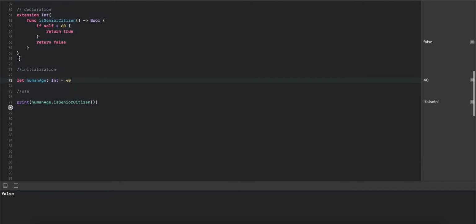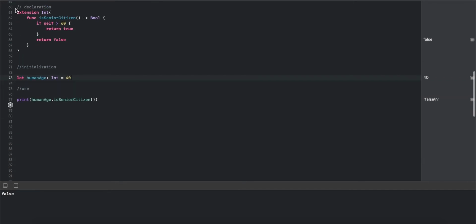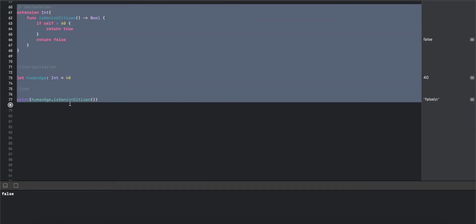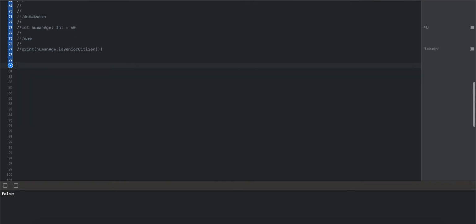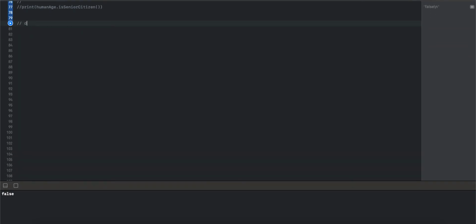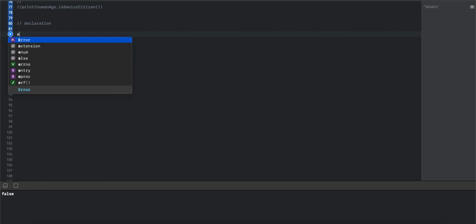And then the next example is a declaration to check whether the number is even or odd. Extension Int.